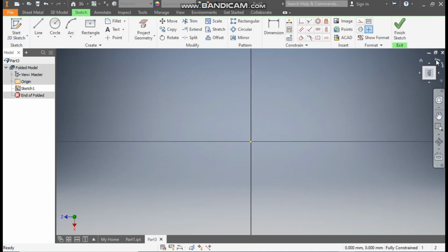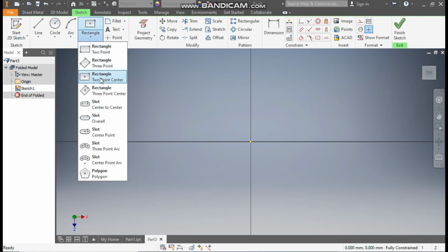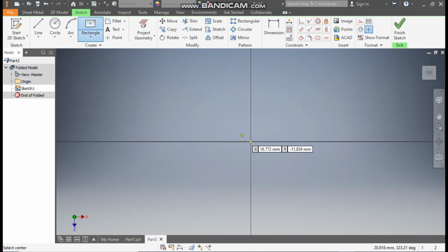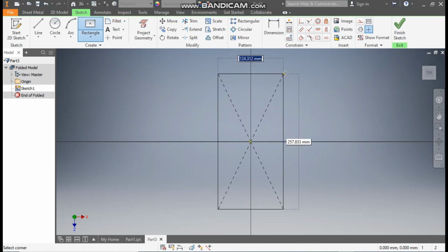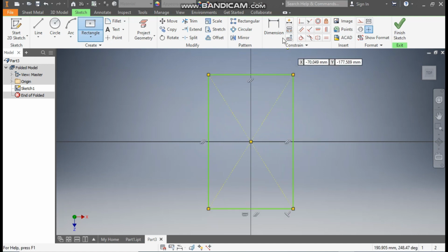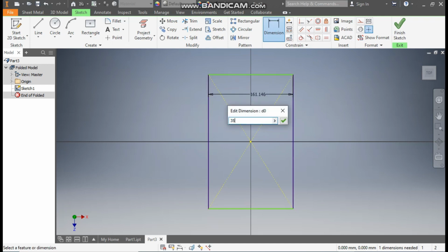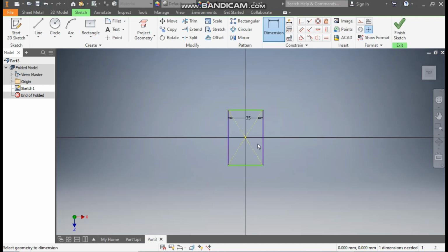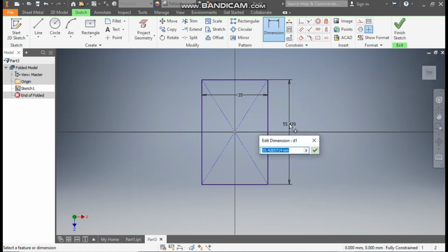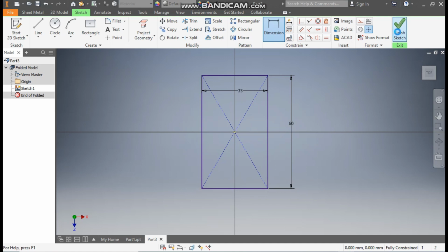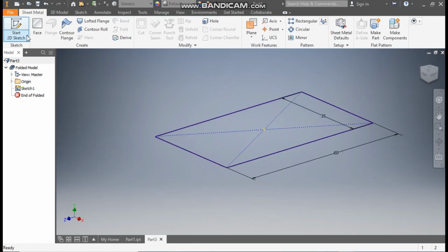Rotate the view. Here take the rectangle command and take 2 points rectangle. Select the center point and make a rectangle over here. Go to dimension. The width of this rectangle will be 35 mm, and the height here will be 60 mm. Now finish sketch. Now take here the face command